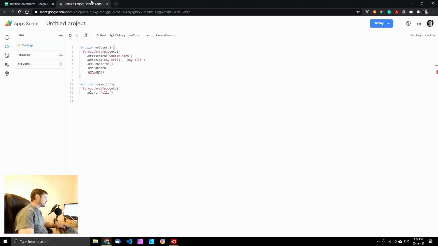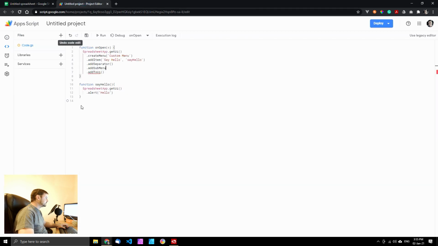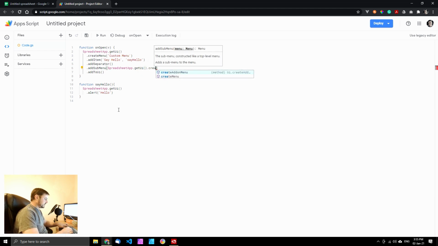And then let's add another, let's add a sub menu this time. So a sub menu is, if you see on here with the little arrow, it's going to have a sub menu. So we're going to add a submenu, and then within this submenu we need to grab the SpreadsheetApp again and get UI again, and then we are going to create our menu. Create menu,